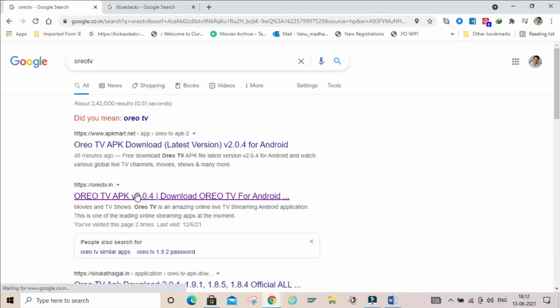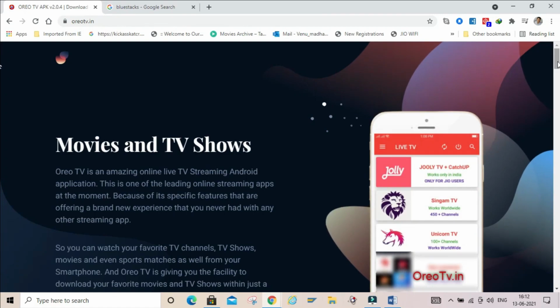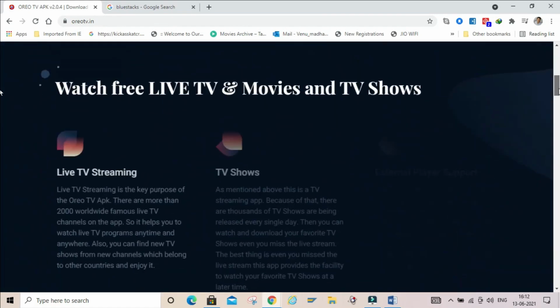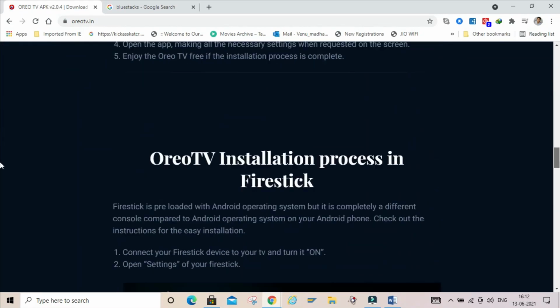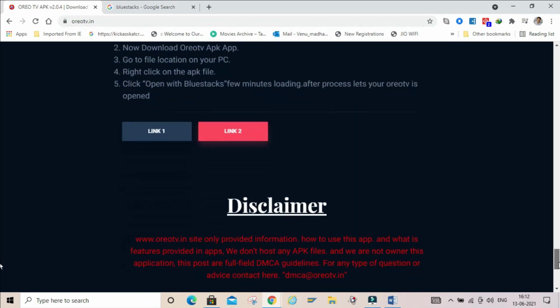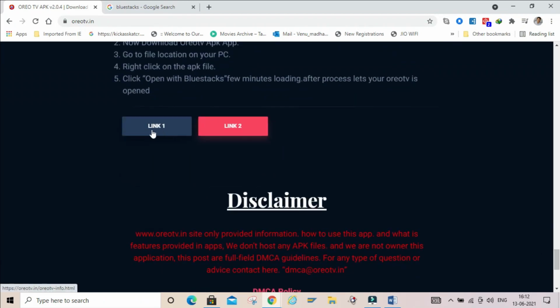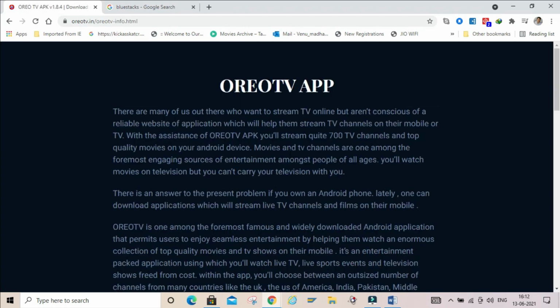this is an open source software, so please download from the original site. If possible, I'll give the original link in the description. Scroll all the way down the site. Here you can find the link. Just click on it